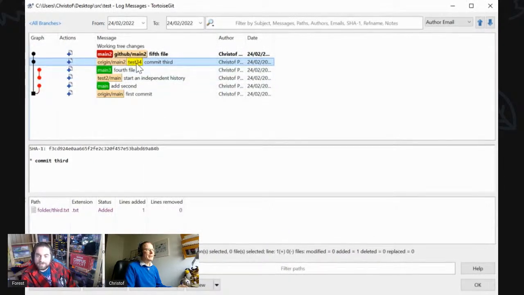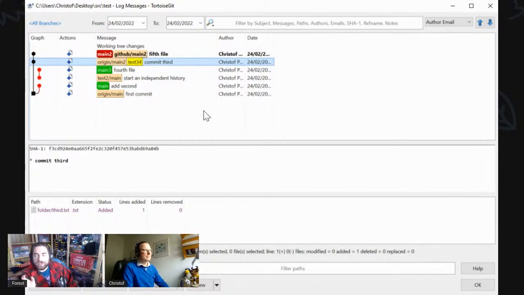And now my main2 just moved. So this is really just about actually having a name which points to a hash, and you can just move it around and arbitrarily change it. And so it looks like here we have 3 separate branches. We have main, main2, and main3. Yep. And so each of these are effectively